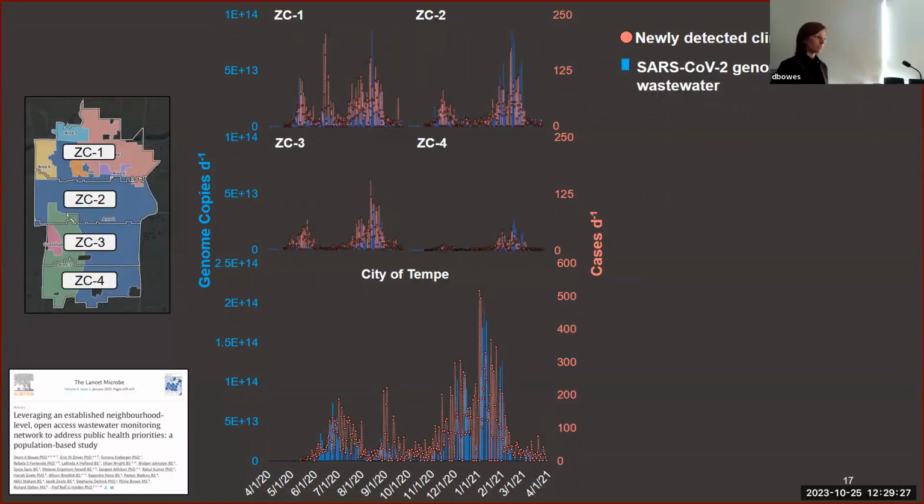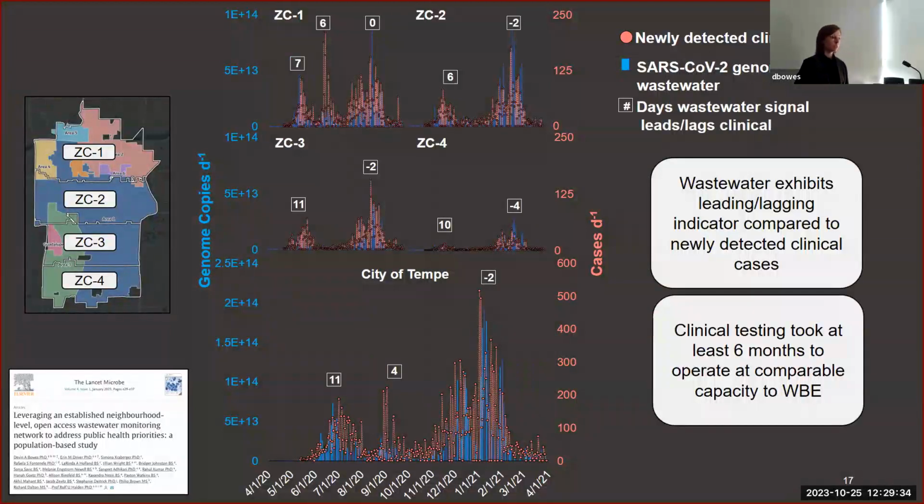So again, we wanted to test if wastewater was providing an early warning signal for SARS-CoV-2 in the area. And we tested this by doing a root mean square error statistical test. And we did see that almost up to 2 weeks, at least in the very early stages of the pandemic, we saw an early warning of wastewater being able to serve as that leading indicator. And as the year grew on, it actually turned into a lagging indicator, as you can see by the negative numbers there of -2, -4.